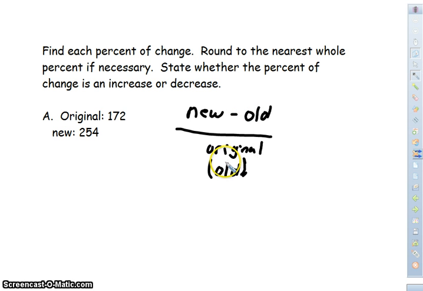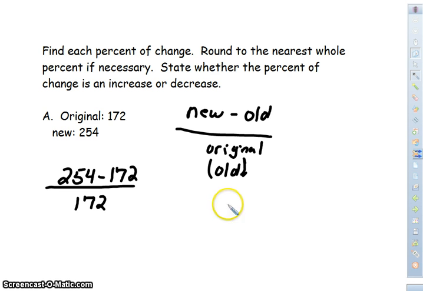Use this formula. Okay, make sure you're doing that. So original, or new, excuse me, is the first, so 254 minus the old 172 over 172. Now you take 254, subtract 172, and you get 82